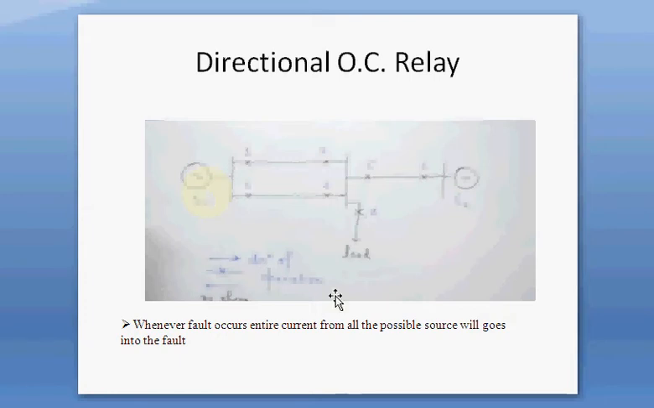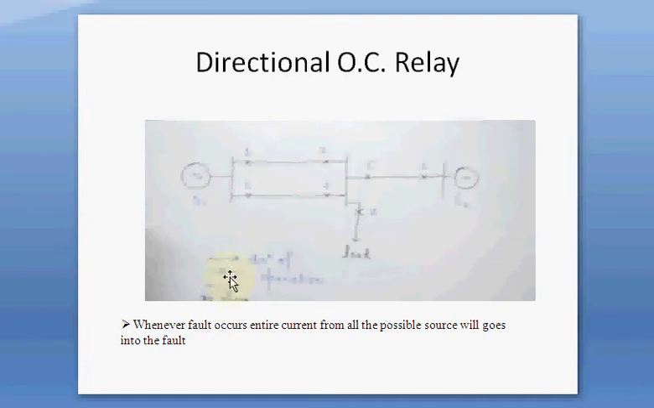A directional relay is a relay that will operate in a particular direction of current only. Now consider this figure, in which this cross sign shows the position of the relay. It is placed in this line. This relay will operate only if the direction of current is in the direction of this arrow, that is from left to right. If the direction of the current is reversed somehow, that is from right to left, the